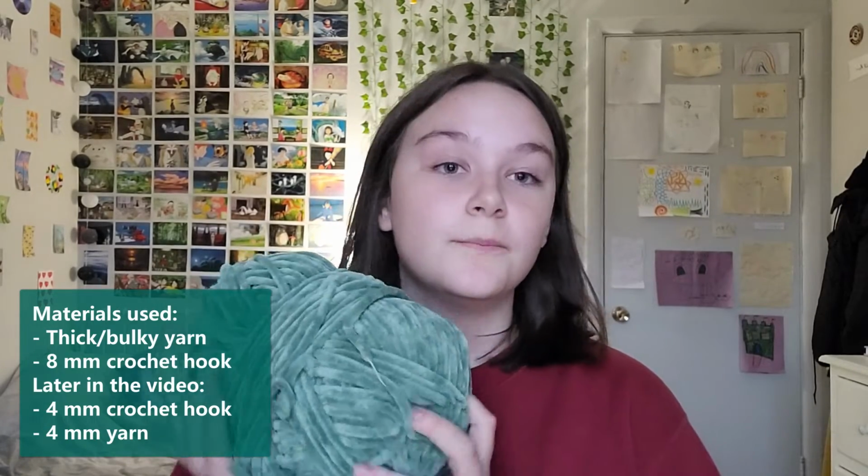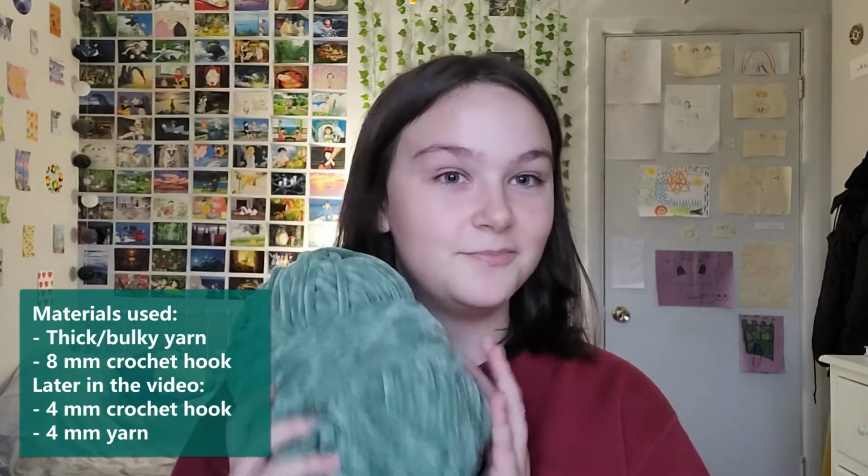So the basics are basically the stitches that you need to know for future projects, for my future videos, because those are the stitches that I use the most, and also that you can find a lot on the internet if you find other patterns. So yeah. And the materials I'm gonna use for this video are this big ball of bulky yarn and this